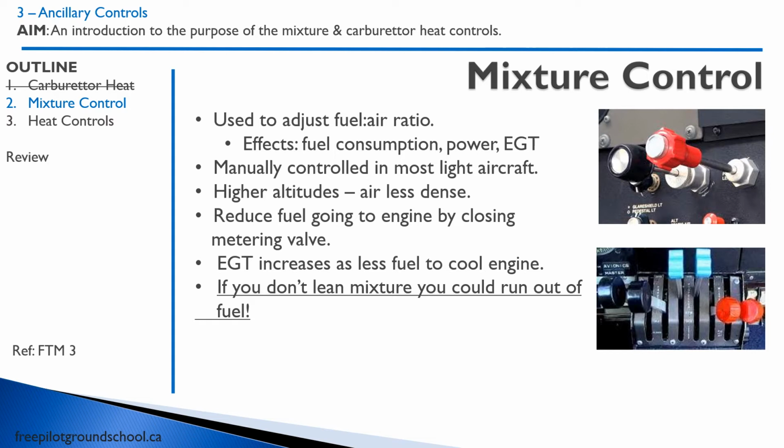The reason we have a mixture control is because at higher altitudes, the air is less dense. If the air is less dense, we want less fuel going into the engine. And so we pull the mixture control out. This reduces the fuel going to the engine by closing the metering valve inside the carburetor. As we're doing that, the exhaust gas temperature, EGT, will increase because we have less fuel in the mixture to